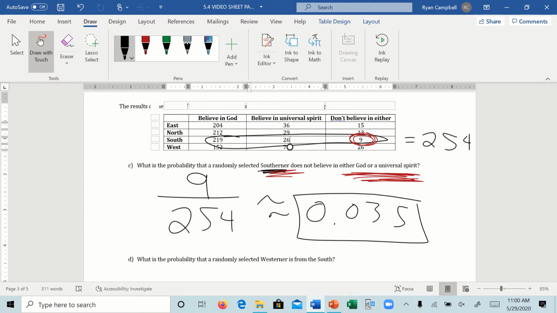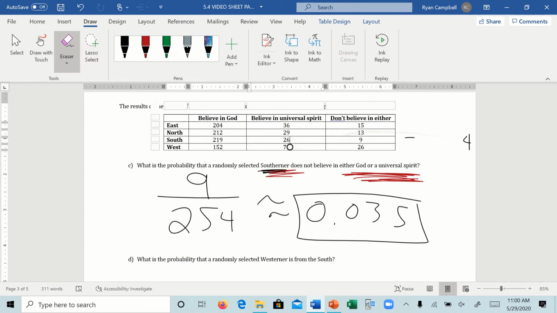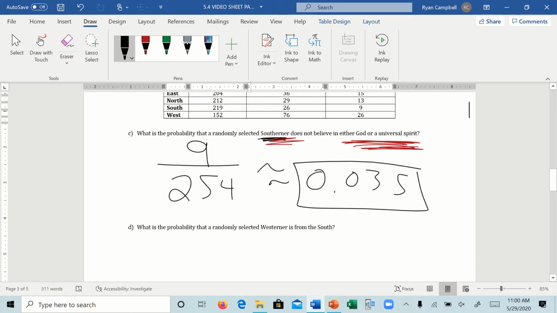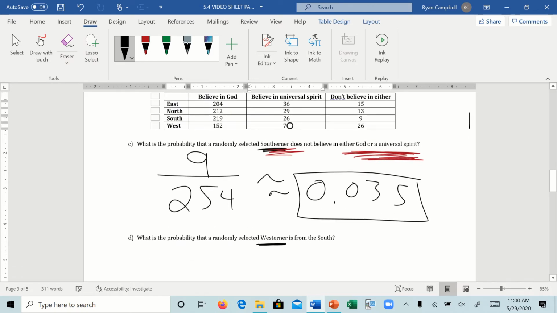Cool, cool, cool. All right, last question. What's the probability that a randomly selected Westerner is from the South? So, who are we looking at? We're not looking at everybody. We're just looking at the Westerners. So all of these people,